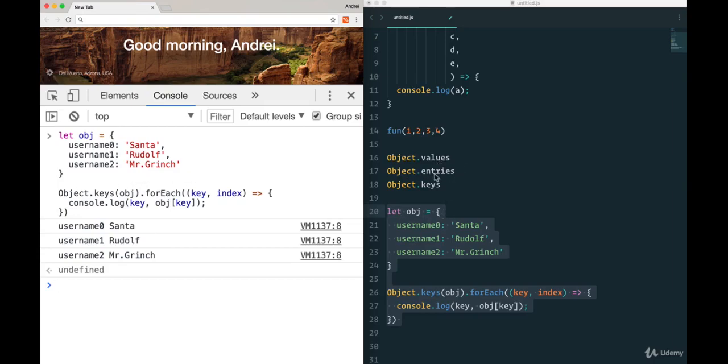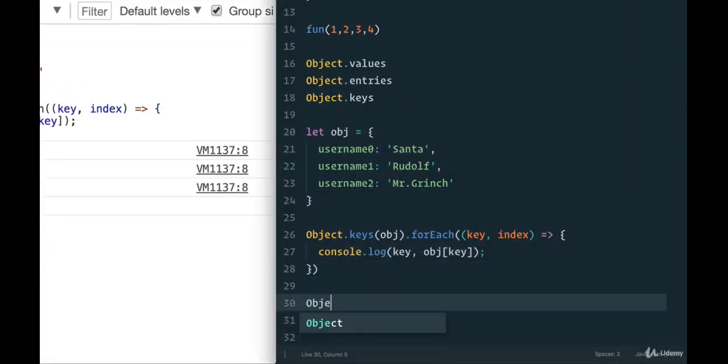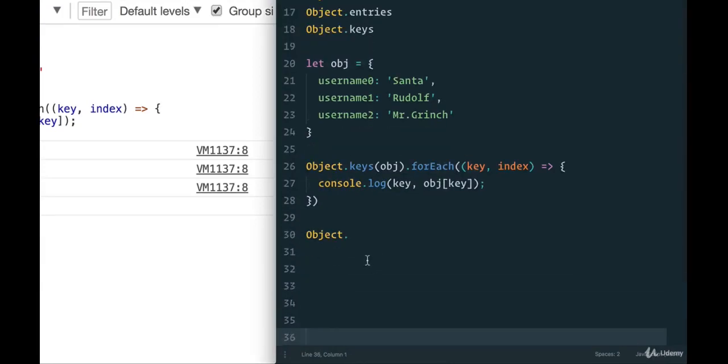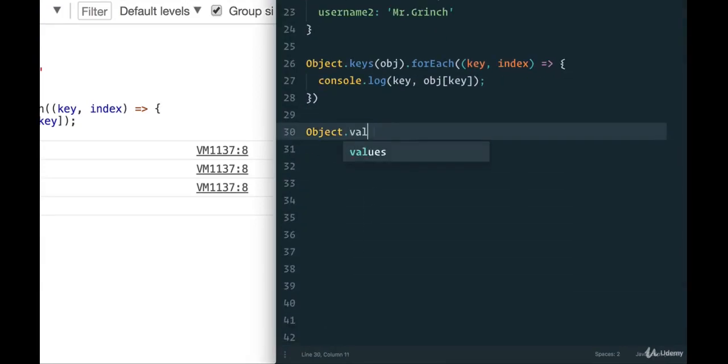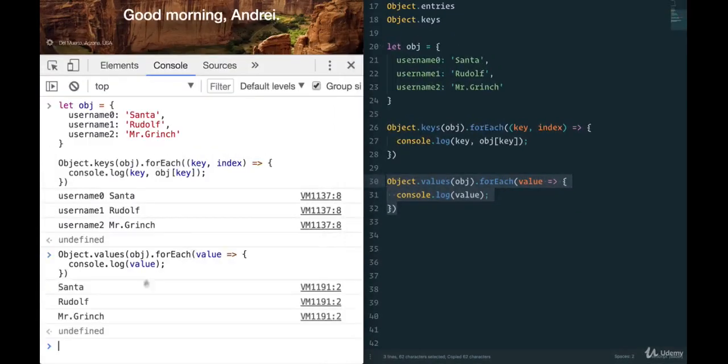But with Object.entries, things become a little bit easier. For example, we can do Object.values, and if I do a forEach here, I simply grab the value, and from the value, I can just console.log value. And now I get the value of each object. That is, it loops through Santa, Rudolph, and Mr. Grinch. With the entries,